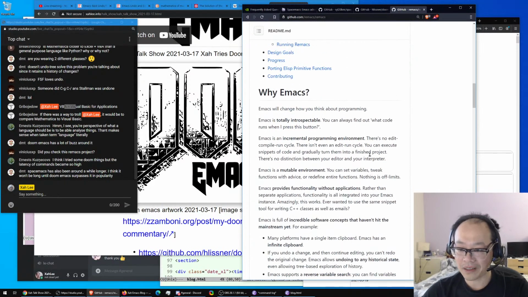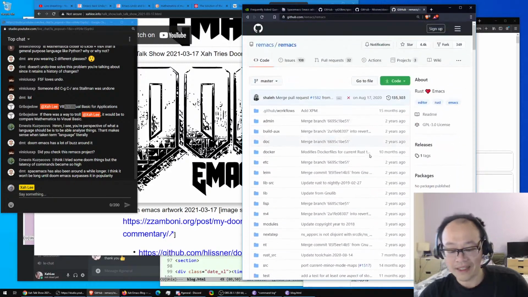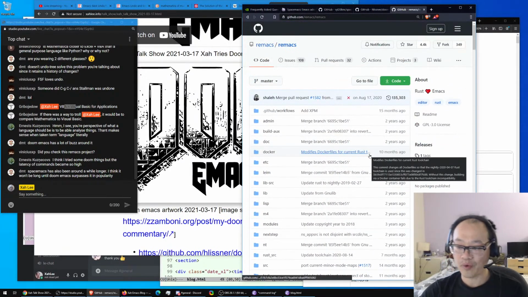So Emacs implemented in Rust. The idea is that Rust is a language, basically a modern C, because C is very old, 30 years old. So Rust is kind of a C replacement in a sense. It's a modern C,